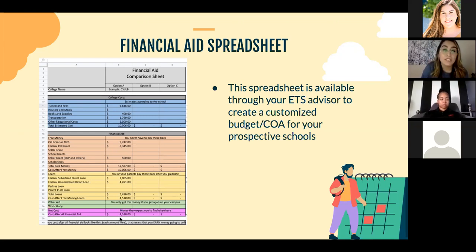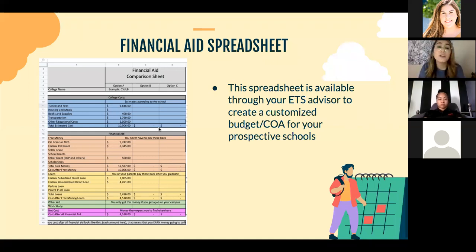But nonetheless, this worksheet really helps break down those individual costs, right? A lot of times when I was doing these sheets with students, it helped them see, okay, at this school, am I going to have to pay money to go there, or am I actually going to get money back? So when you're doing this sheet with your ETS advisor, we already have formulas and everything ready, so that we're using the numbers from your cost of attendance sheet and even budgeting to our own specific needs, so that we see, okay, these are your different options and this is how much you're going to be able to either get at the school or have to pay at the school.